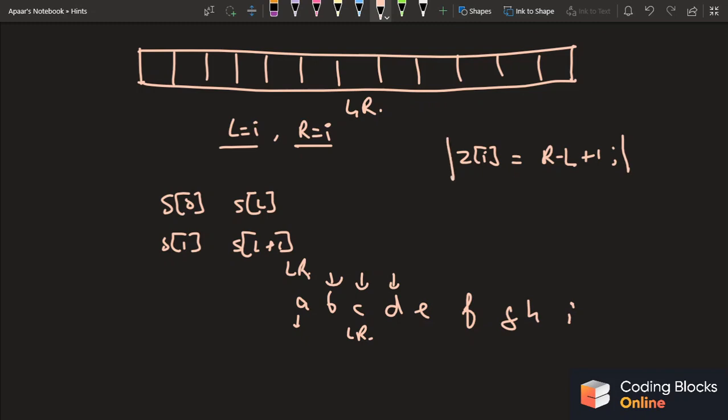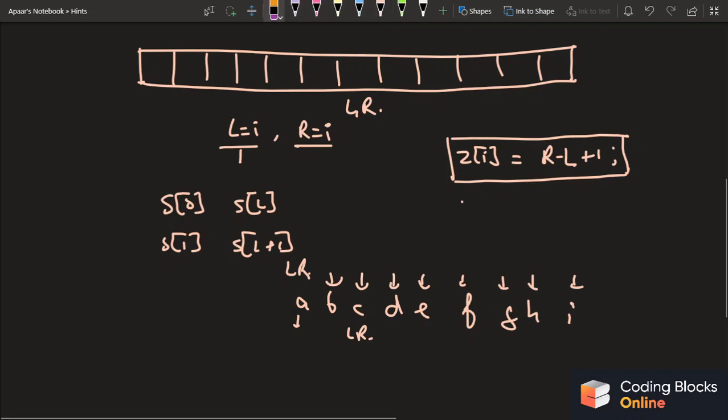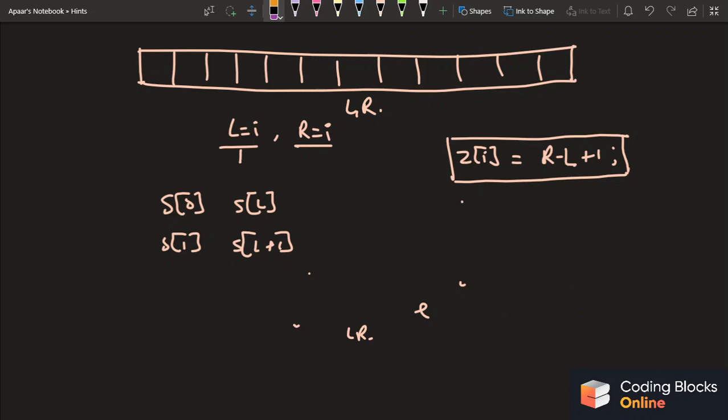If L and R denote that interval, such that I start from index I, because L equals I, then R will be the rightmost value of that window, such that L to R also equals the prefix string, right? So for all these cases, guys, I'll always get the second case because there is no prefix that will match, right? Okay, so this was all about the second case, just a trivial approach, right?